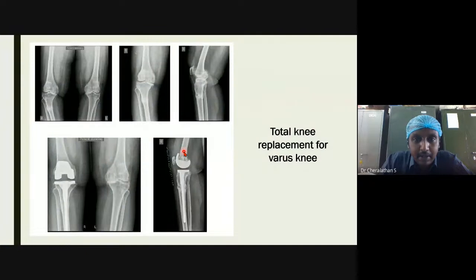And then the final thing is, again, total knee replacement. Here you can see that there is so much collapse on the medial side. As a result of this collapse, the patient has actually got a stress fracture in the proximal tibial shaft. So this has been addressed with total knee replacement, where the joint is replaced, and they have used an intramedullary device to fix the fracture as well. This is the lateral view of the same. They have replaced the joint with a medullary rod to address this stress fracture here.